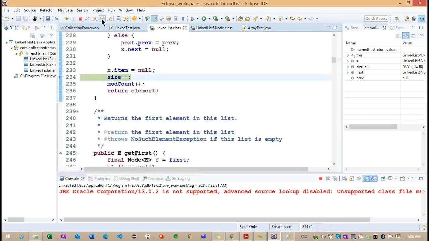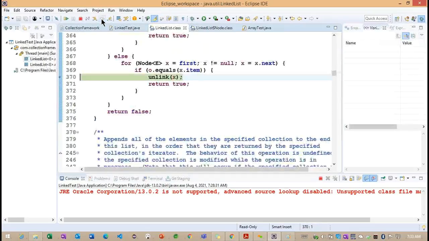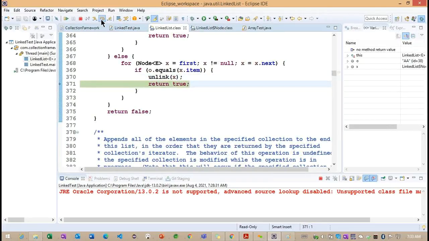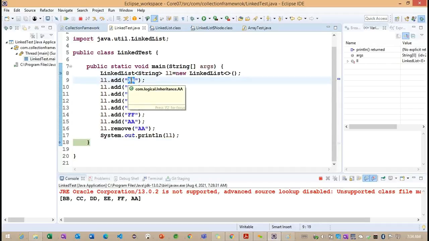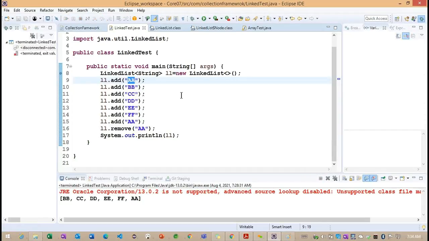This is the way the objects are removed here. Size minus, mod count, and we return whatever element we are having. Right? It's returning true. Successfully, this object is removed from the linked list here. So double here, the first AA is removed.